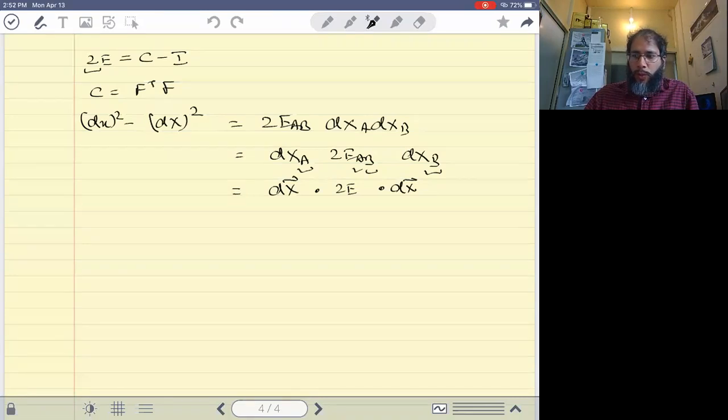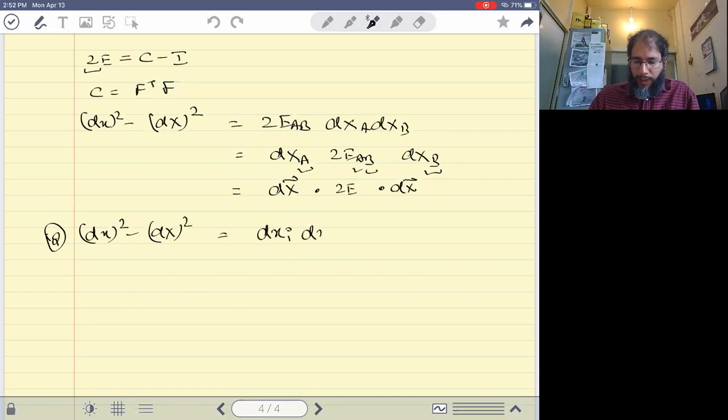Okay, so we can write a spatial form of this strain tensor. What that means is, I won't do it here, I'll leave it for you to complete the steps. But what we do is, we start with the same thing. I'll write a 2 here. And then instead of writing this in terms of capital X, we try to write everything in terms of small x. That is, dXA dXA, we try to write this in terms of small x's. So what we do is,